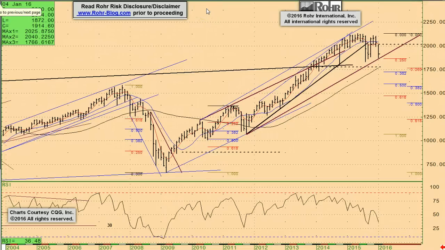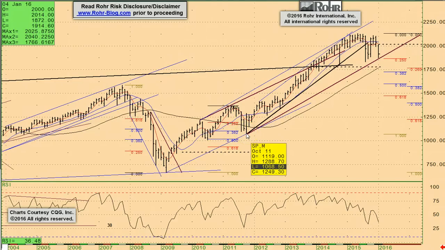Important to take the longer-term view when these things get so volatile, and that is the major upward channel since the low down at 666 back in March of 2009, the overall cyclical downturn low out of 2007 into the crisis in 2008, spilling over into early 2009. And quite a few people have asked, well, why aren't you just extending this trend line across the low from